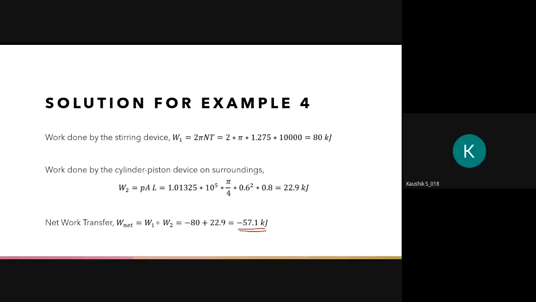Okay. But actually, we are not considering the work done by the fluid, sir. Work done by the fluid or work done by the cylinder piston device, in this case, we mean one and the same. See, it is not like your English class where your English terminologies are very important. Sometimes we say cylinder piston device and sometimes we say fluid. Both mean one and the same here actually.